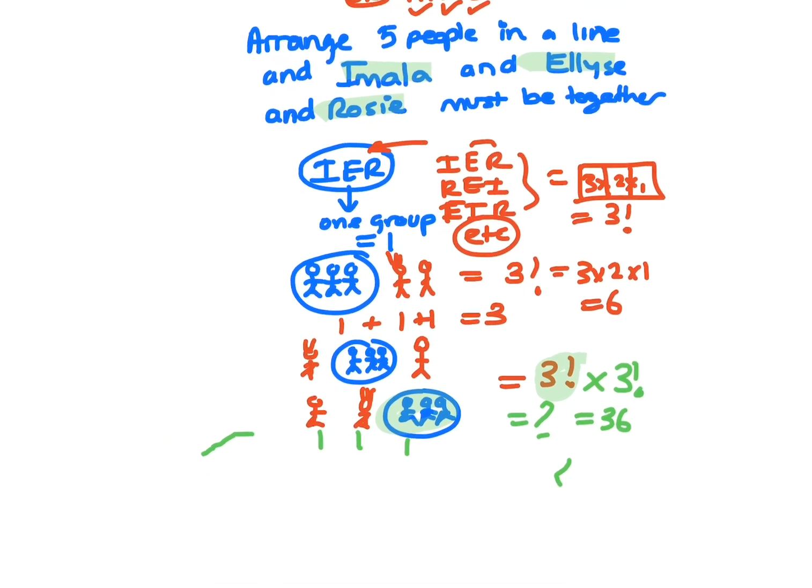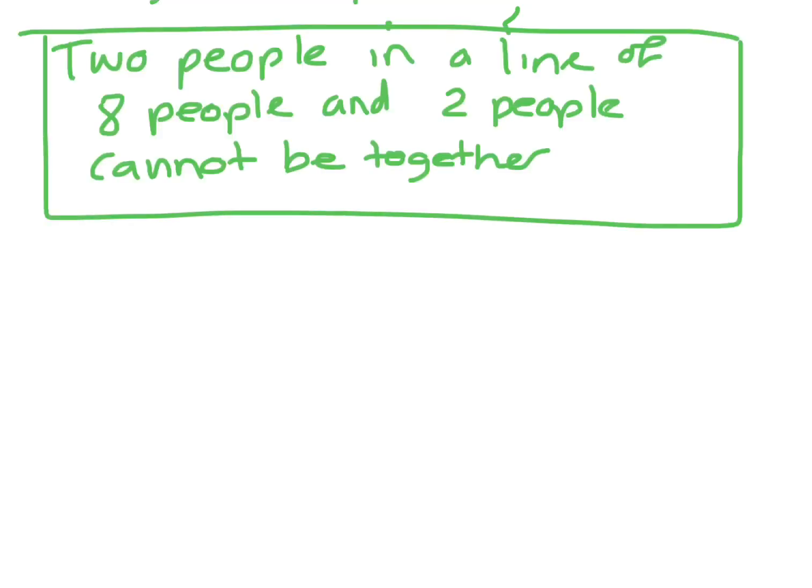Now, what if I changed the together and I put not together? Okay, so I've got 2 people in a line of 8 people and 2 people